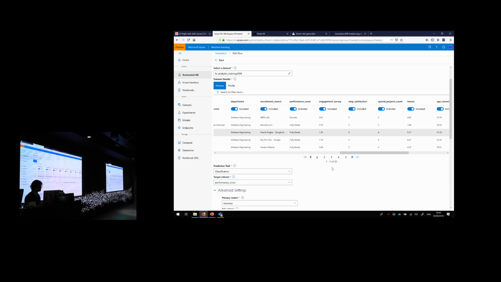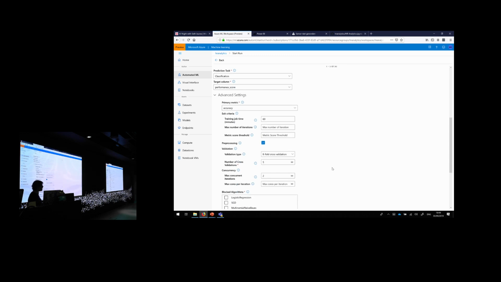And then you have some advanced settings. So you can choose what you're training on. Do you want to be accurate, right? Or do you have other metrics to train the model on? The good thing is it's a primary metric, but when you've trained the model, you will also get all the other metrics. But for now, we're fine. We want to be accurate. So we want to know for every single class what they would do or not.